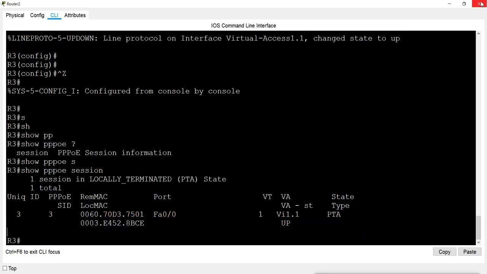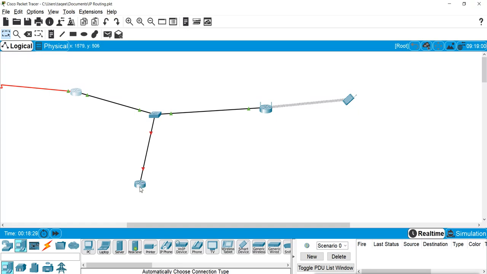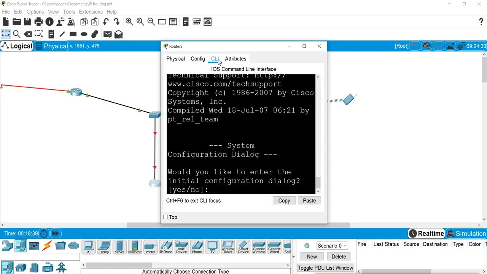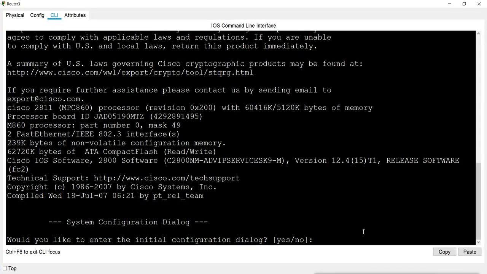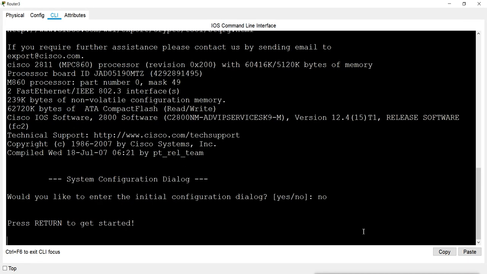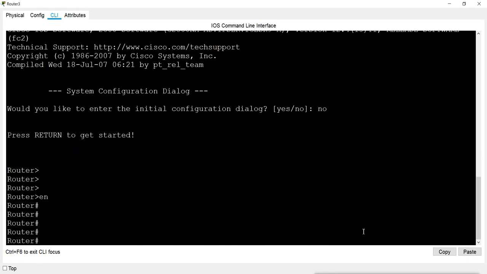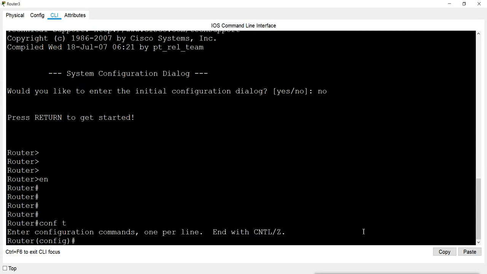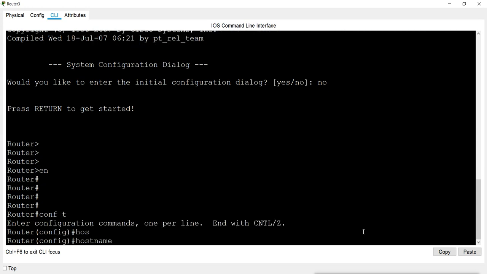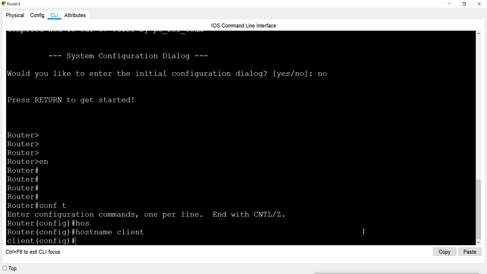And also we can use this router as a PPPoE client also. And for that, we can configure this.